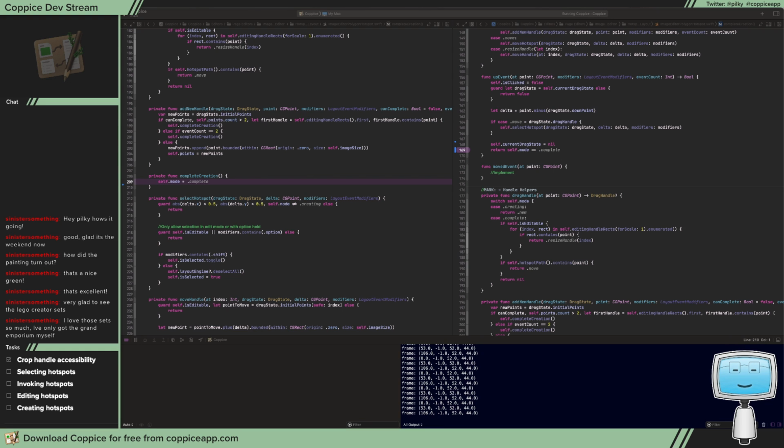Okay, something broken there. Really broke. Oh no, what am I doing? I'm just switching that. That's what I want to switch. Okay, so the polygon appears,